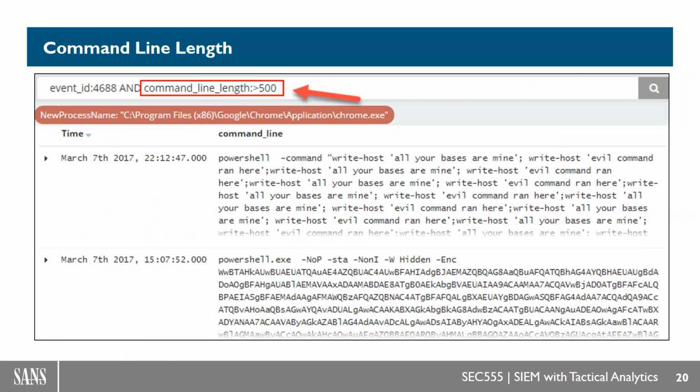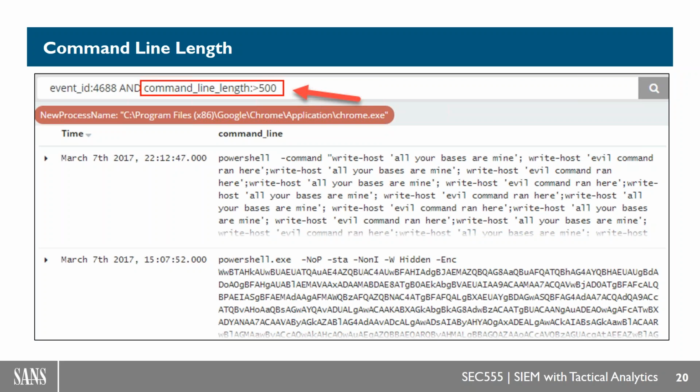So the command line length. Again, just a simple length check can find so much malware. You have these long strings, or frequently what I'll see is long sets of base64 encoded material. And a good threshold, you're just going to pick something and look for it. I like to start with alert anytime I see a 4688 event, which is a process creation event, that involves PowerShell and has a length check of over 500. Now, every SIEM can do this right out of the box. They all handle length checks. We're literally just looking at the command line, calculating the length, and boom, there's your threshold.